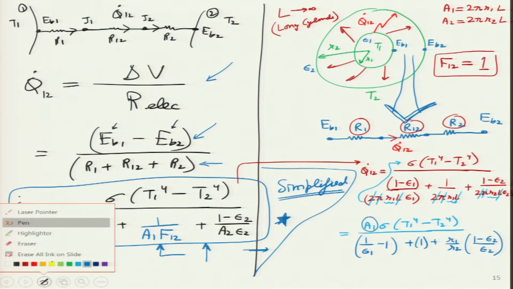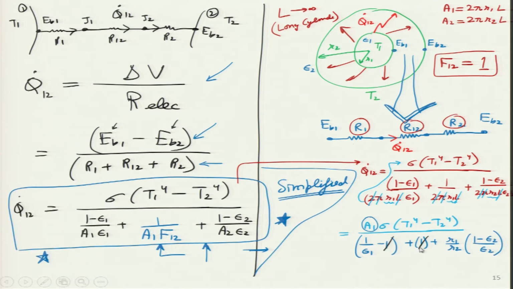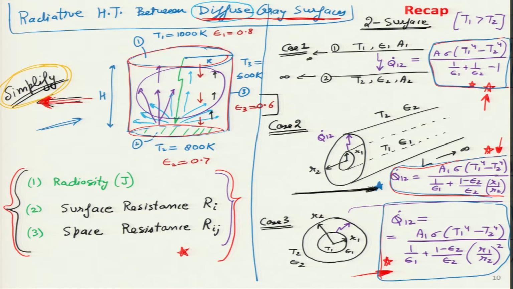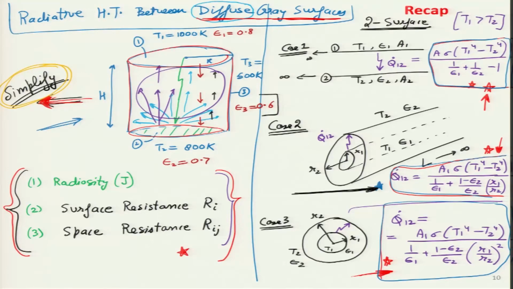So, I think we can see over here 1 will get cancelled with 1, and if I make this little bit neat and clean, then can I jump back to the previous slide over here? What I will get is exactly this relationship over here, which means now I can even tell students that for any two surfaces which are forming an enclosure, it could be in a plane form, one plane on top of another plane, small pipe inside big pipe, small sphere inside big sphere, in all these cases, I do not have to remember any of these equations.